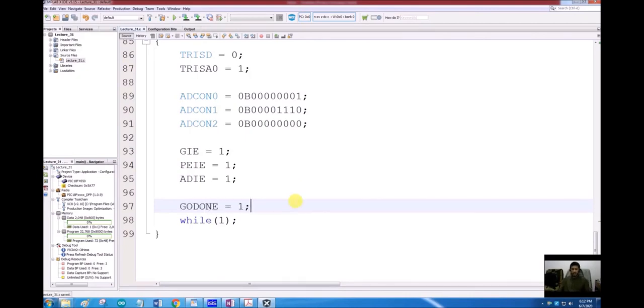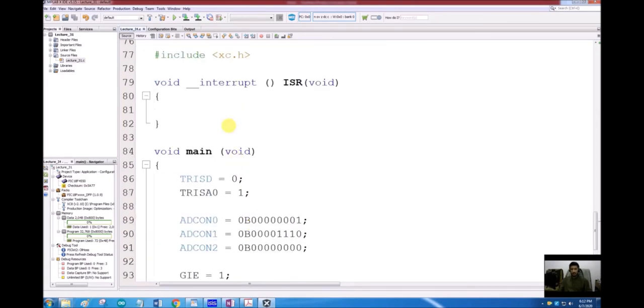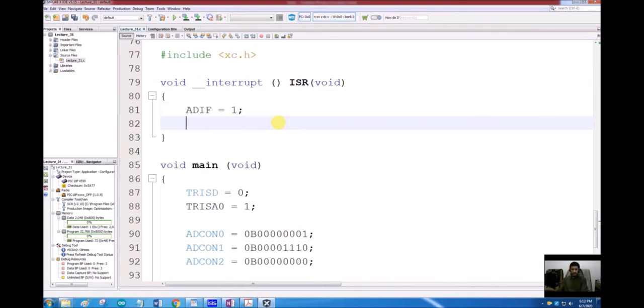Now the conversion has been started, and then I will wait until the conversion is finished, and as soon as the conversion is finished an interrupt will come, and I want to display that converted value onto port D. But before that I want to clear the ADIF flag that caused the interrupt.